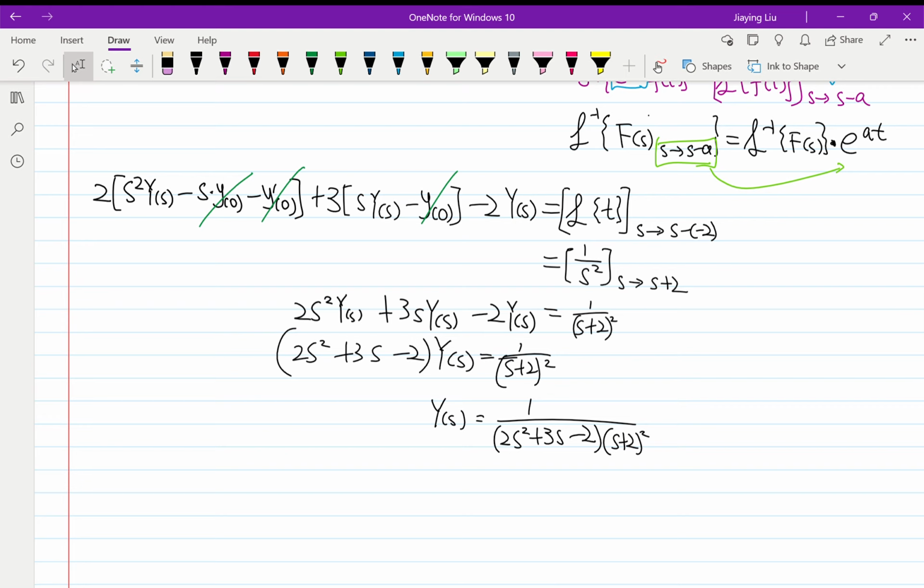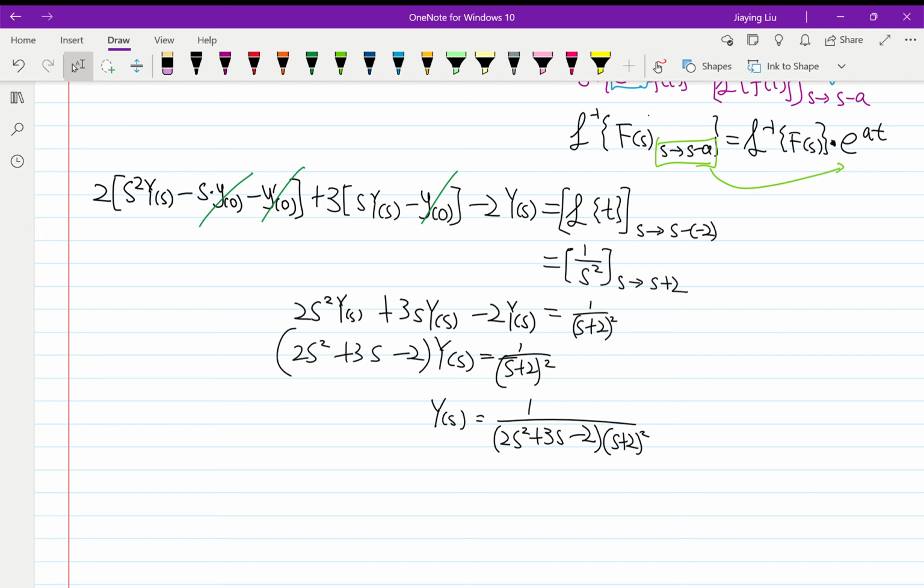Okay, so we did a good amount of work. Now we can actually find out what y(t) is, right? Because this is the Laplace transform of y(t). We have to apply the inverse. But instead of putting this into the inverse Laplace transform notation all the time,